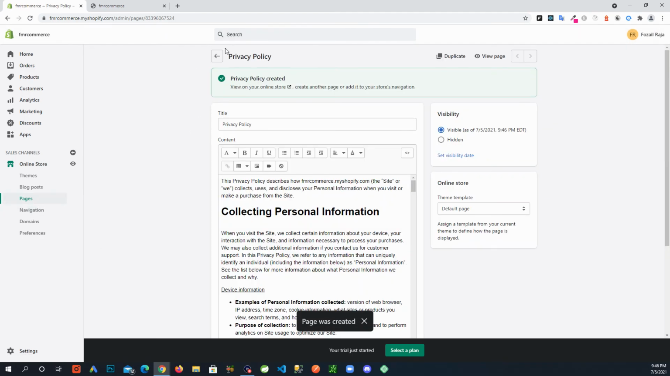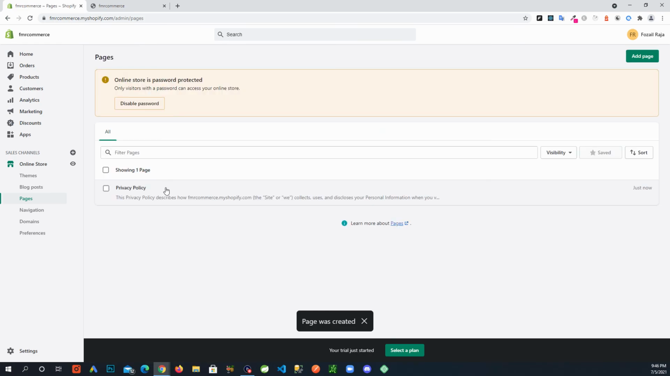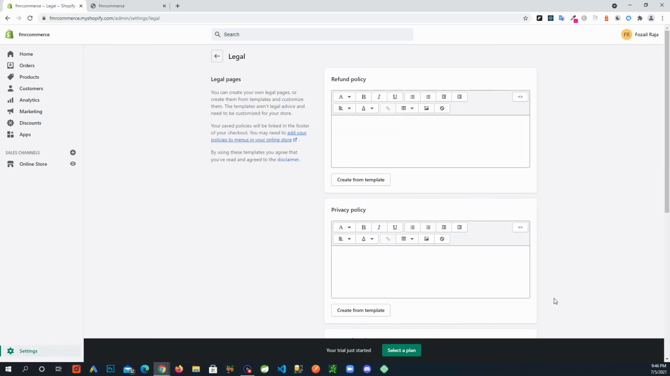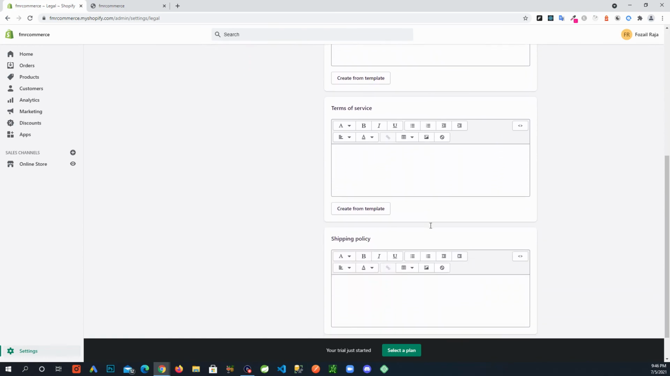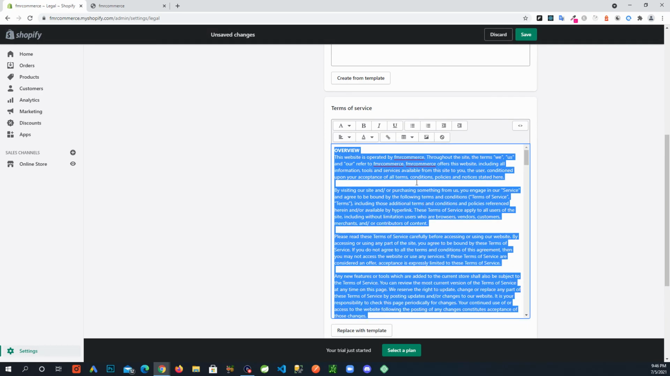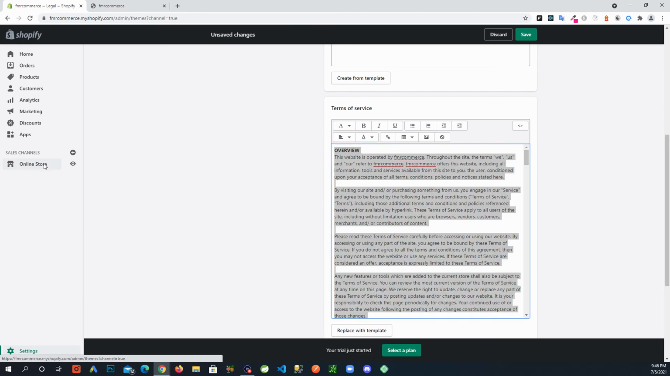So now if I go back out here, I can see that there is a page right here, privacy policy. So I am going to go back to where we were earlier, into settings, legal. I'm gonna go down to terms of service, again create from template. I am going to select all this, go back to the store,